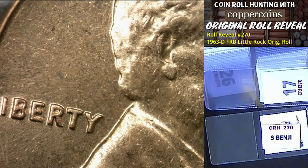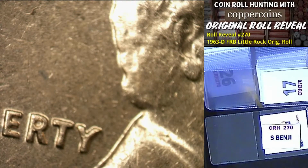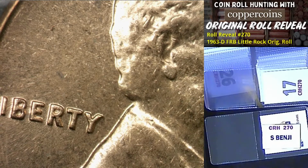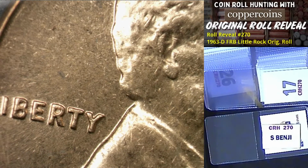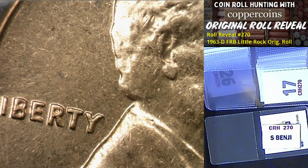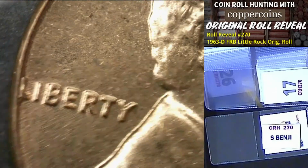I can zoom to focus. So if I'm zoomed this much and it's out of focus, I can bring it back a little bit and it will focus it in. Or I can use the focus knob to focus. And it kind of gives me a double whammy. Yeah, it's a pretty expensive scope. It's not